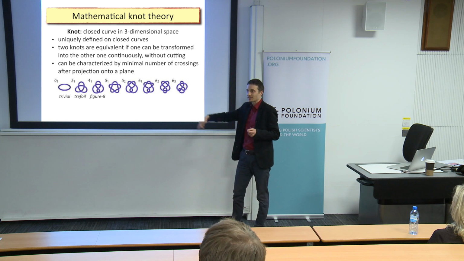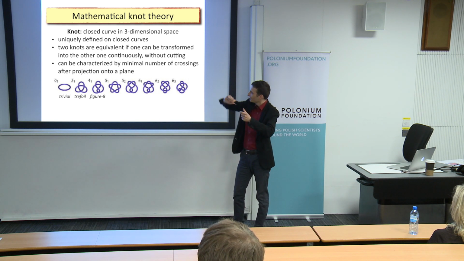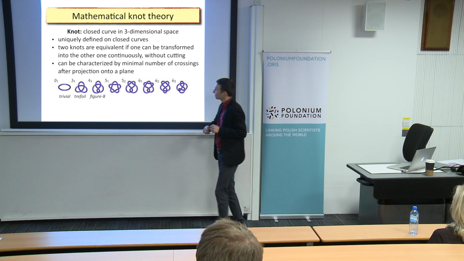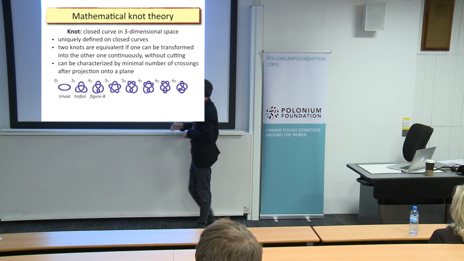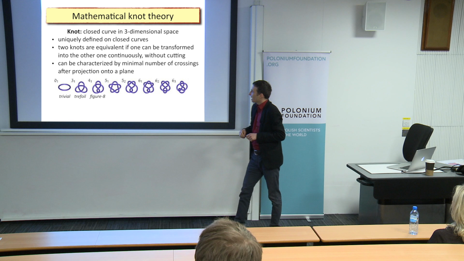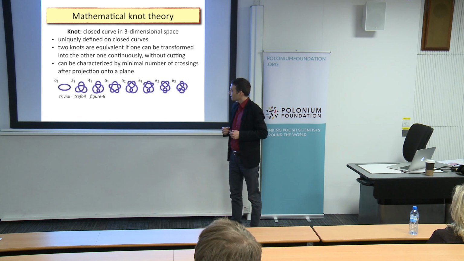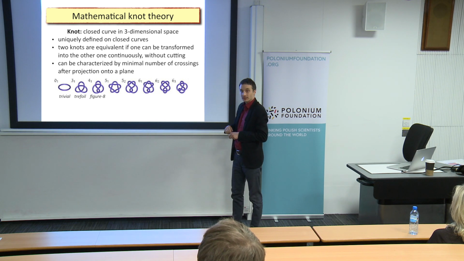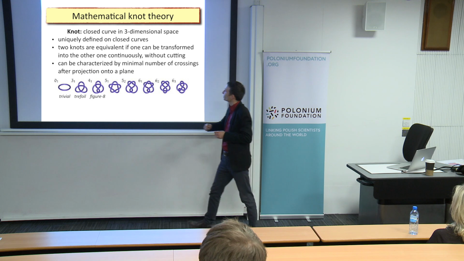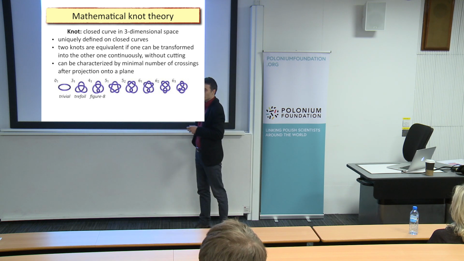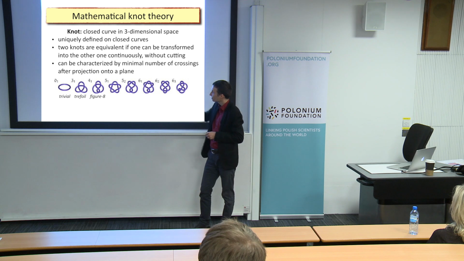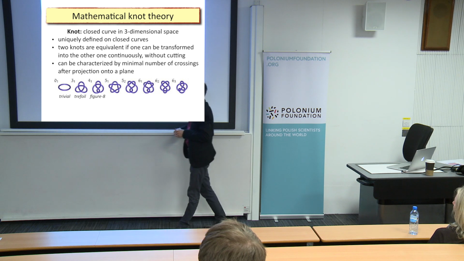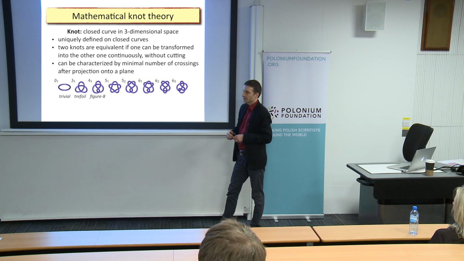So if you have something which looks like number 8, you can always twist it, and then you get this trivial knot. So the first non-trivial knot is so-called trefoil knot. This is this one. Then there is one which is called figure 8, and so on. And the simplest classification is by the number of crossings which you get in such a projection. And there are also names of these knots denoted by the symbols which you see here. So this capital number, the bigger one, denotes the number of crossings you see, like this 3. And then there is the index, which tells you how many different knots with this number of crossings exists.